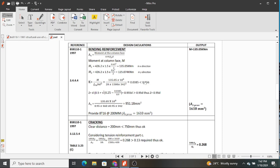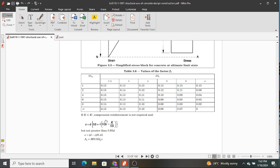But since it's not greater, then we are only going to consider tension reinforcement, so that our footing is going to be singly reinforced. From there we proceed, we determine z, and the value of k we obtained here is the one we are going to use here to determine our z. And when you do the math using the formula still at that section of the British Standard, it's right here, you get